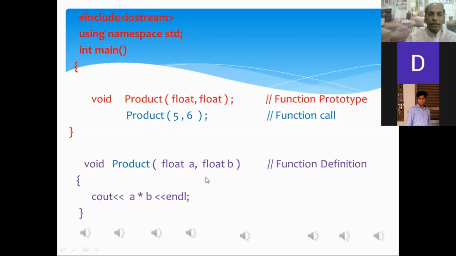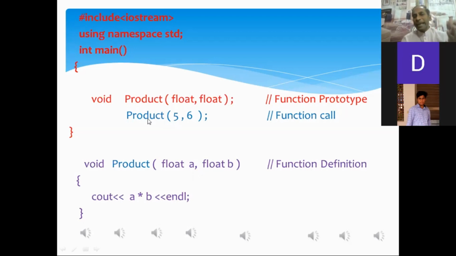If you look at the bottom, there is a function definition of the product function, and within the braces for the first argument we have declared a variable a, and for the second argument, the variable b.